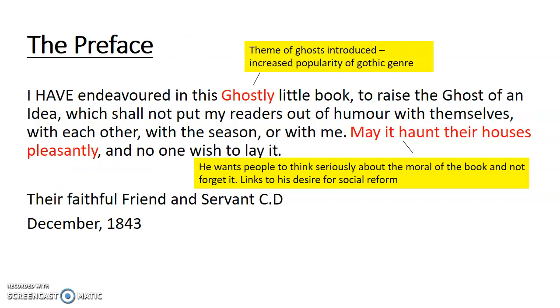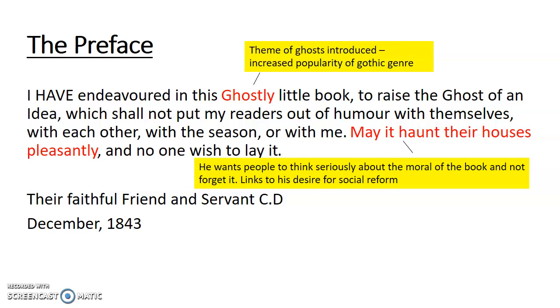Right, the preface is what Dickens wrote at the beginning of the text. He's put in these couple of sentences the reasons for writing the book. The book was written in 1843, as it says there, and that's the Victorian era. A little bit of contextual information for you: in the Victorian era, the Gothic genre was becoming a lot more popular. People were interested in spirits and the afterlife. So that's why Dickens wrote this story, and he introduces that theme of ghosts with that ghostly book there,